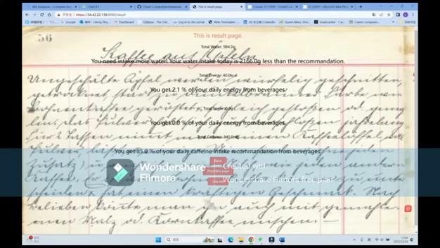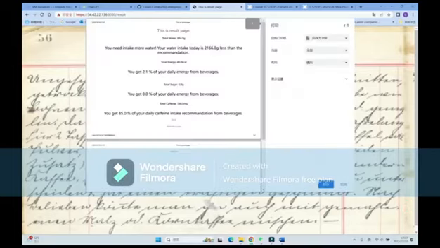Your water is still this much less than the recommendation, and you get 2.1% of your daily energy from beverages. You can also see how much sugar you are getting from your beverages compared with your daily energy need, and how much caffeine you have taken. Like, I have taken 85% of my daily beverage intake recommendations from these beverages, so I may need to stop drinking more coffees. You can print this page if you want,